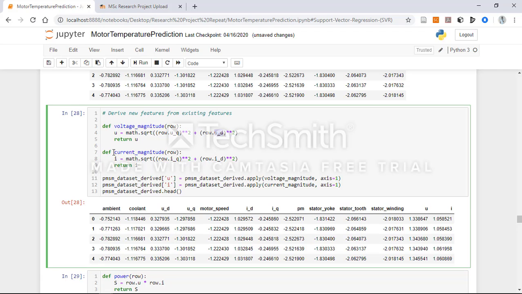Also, the current magnitude is computed from the Q dimension of the current and the D dimension of the current. Here these values, using an apply function, are applied to the derived PMSM dataset, and when run, the head data